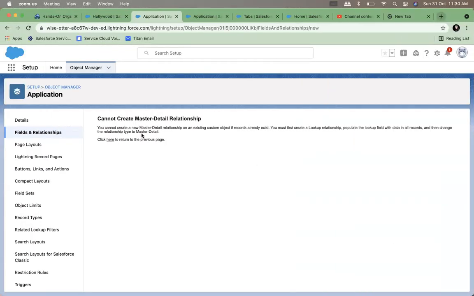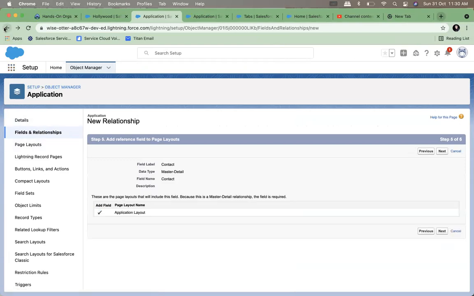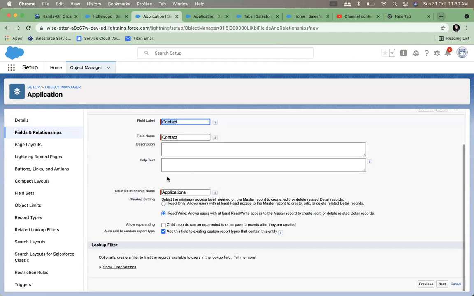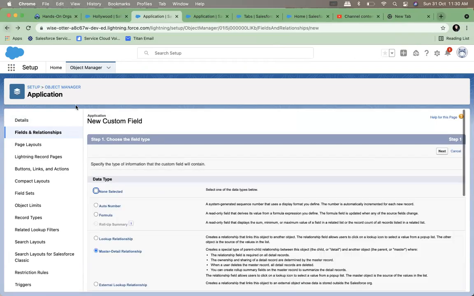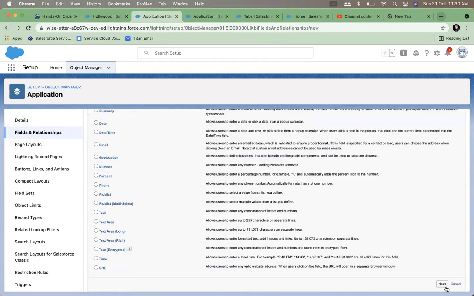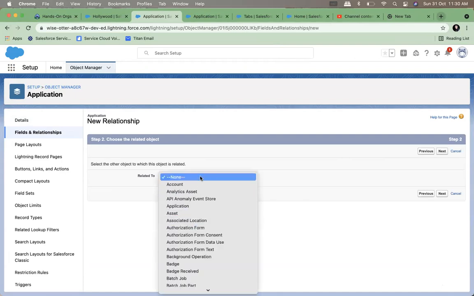So here it was not allowing me to create master detail, right? So what I will do now, I will go back and choose lookup first. Make it a contact.